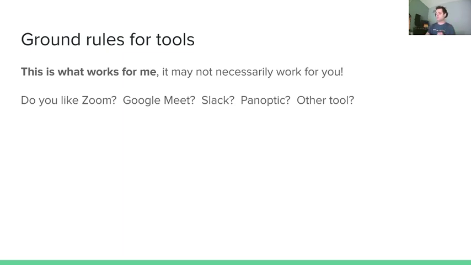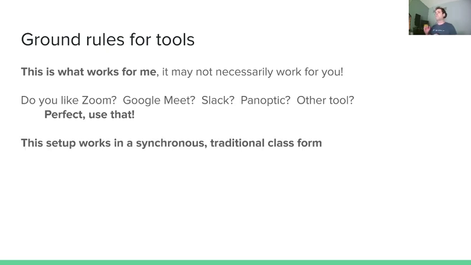By all means, if you are comfortable with that and can have a seamless experience, that's what you're going for. For me, I took some time evaluating the different tools. My school didn't pay for Zoom, so I couldn't use that. WebEx has some problems. Panopto was kind of annoying for me, and I got a lot of feedback from students that didn't like that either. So again, this is what I use, and this is what I like.